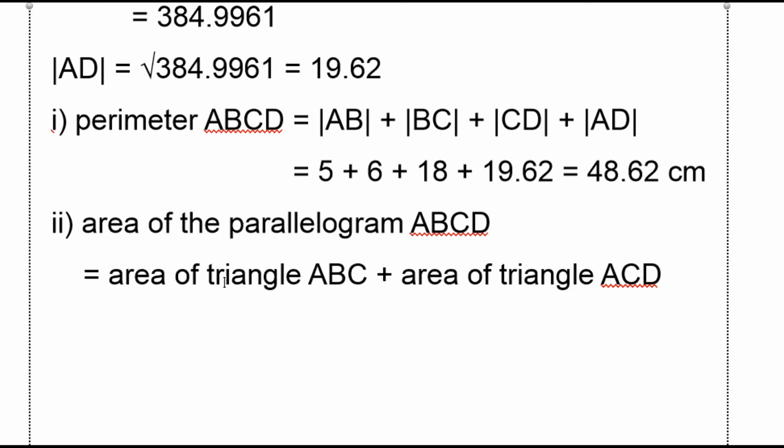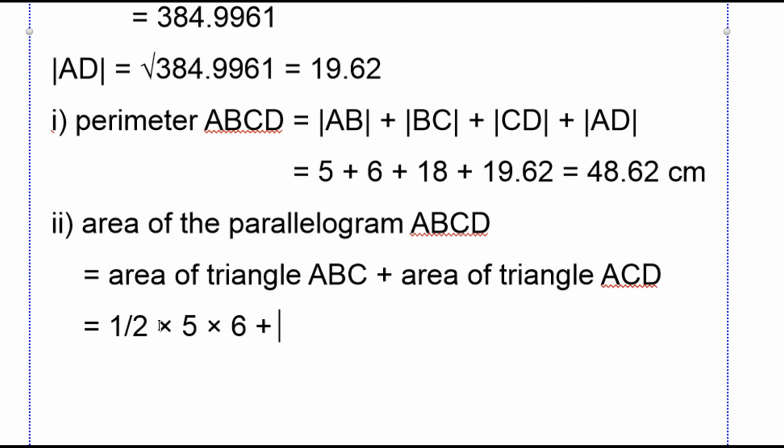What is the area of a triangle? Half base times height. This equals 1/2 times the base of ABC, which is 5, times the height of triangle ABC, which is 6,